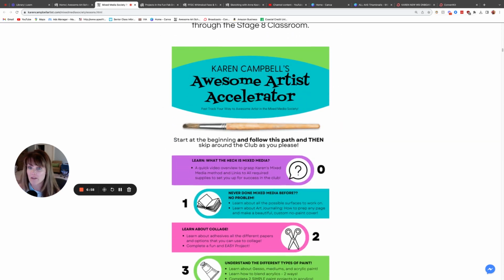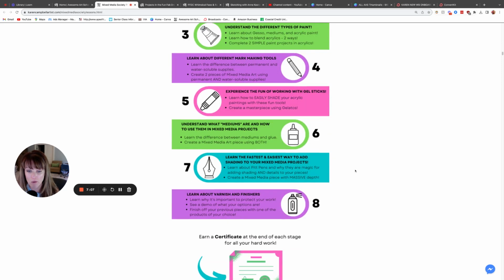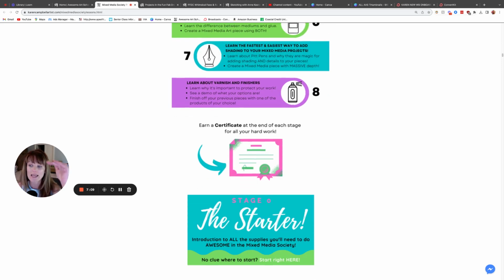And again, if you want to fast track your education, go ahead and zoom through the Awesome Artist Accelerator, which means going through classrooms 0 through 8. Learn about each individual layer of the hamburger system. So if you came to the Mixed Media Society to learn mixed media, this is where you want to start.